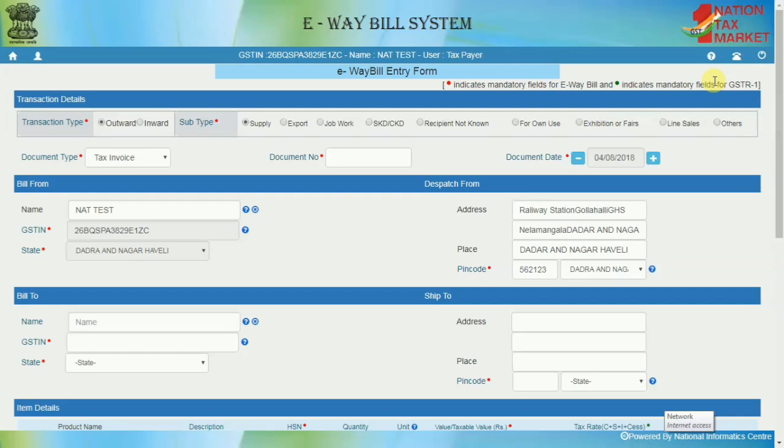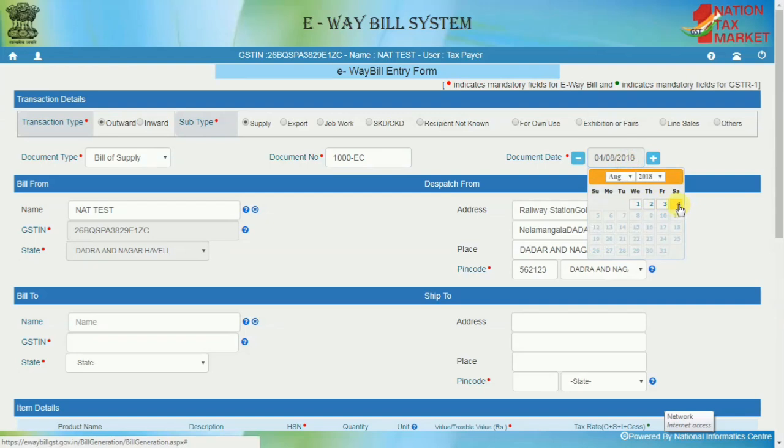Also, the GSTIN of the unregistered dealer is URP, which means unregistered person. Now, the user will select the transaction type as outward or inward and select the subtype accordingly. Next, the user will enter the document number and the document date. Please note that the document date should be a prior date to the date of e-way